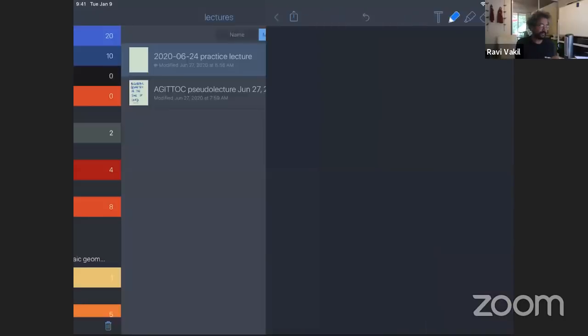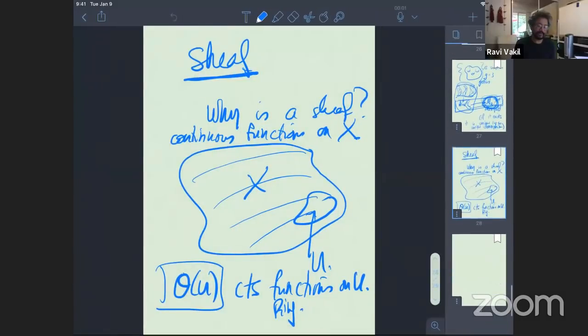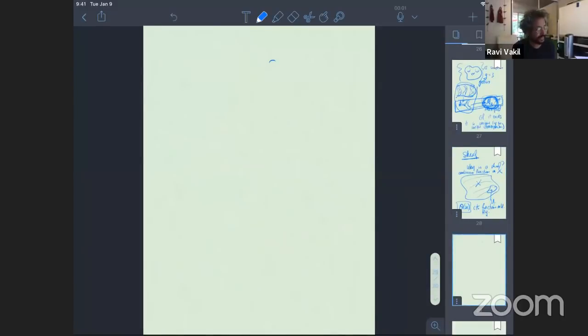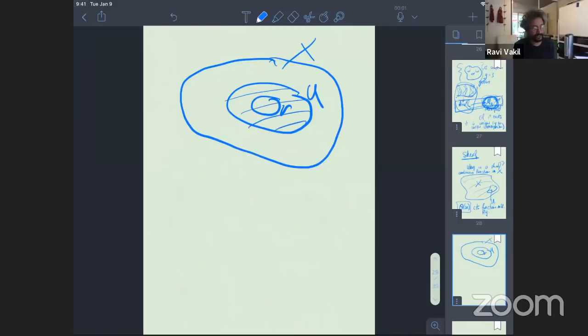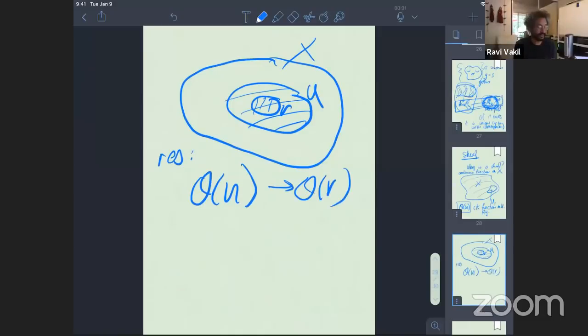Secondly, there's X again, in case you didn't remember it. If you have a continuous function on U and you have a smaller open set, you can restrict a function on U to the smaller open set. In other words, there's a map of rings, a restriction map from U to V. And furthermore, if you had an even smaller open set, you could take a continuous function on the big open set and restrict it and restrict it, or you could restrict it all at once and you get the same thing. So this says that this diagram commutes. These are all obvious things about continuous functions.